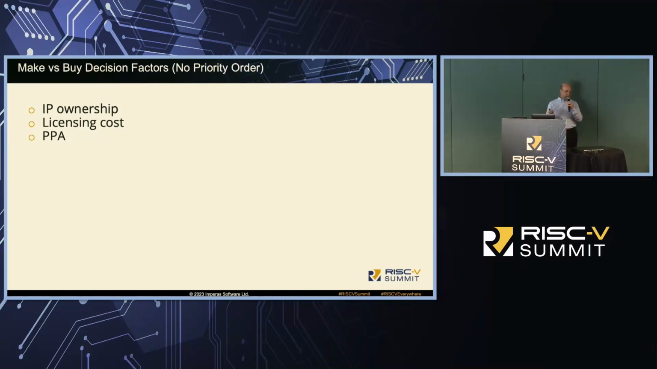And then the PPA, what is the power, performance, area for the core? So that's one category or one set of factors. And these are actually relatively easy to estimate, these costs and benefits. But now